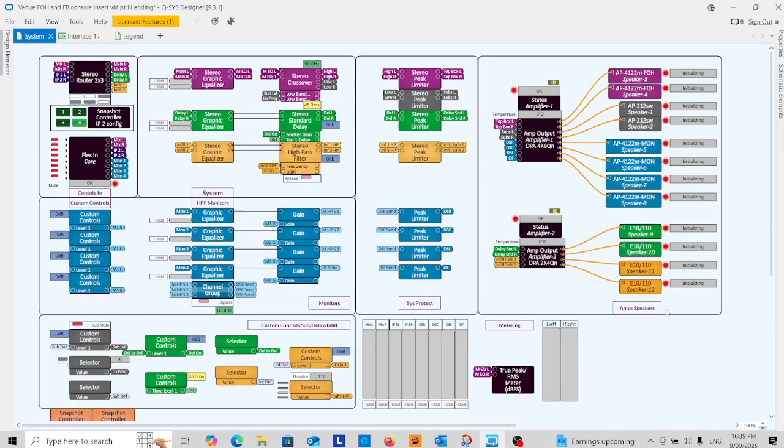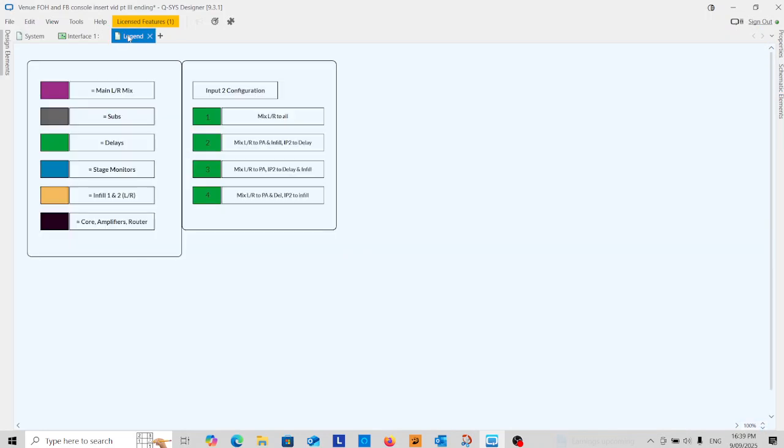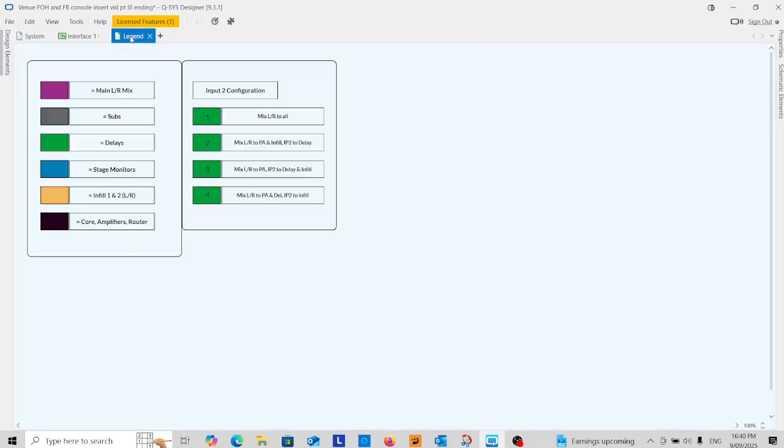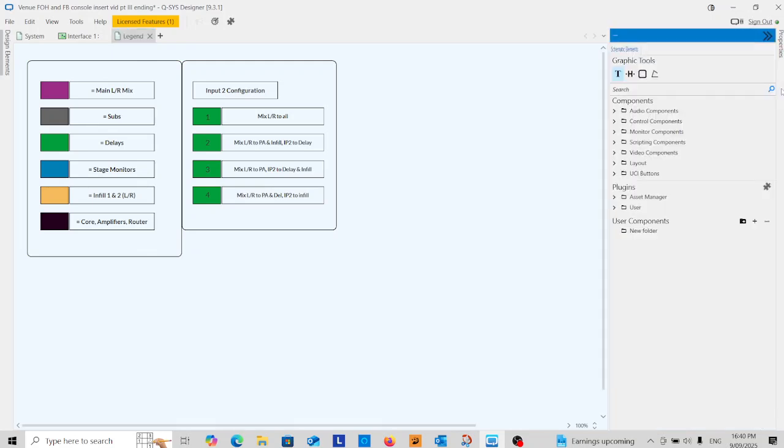Is that 100%? It all fits on? Okay. I've also made this legend, which is just containing the information. It's the color coding for the different systems, just to show what they are. And this input to config, just documented more than anything else, as a reference point. And I was able to use these labels that I'd set up to remind myself what the presets were on the actual interface itself, back in the page that we're using. But the good thing about having this legend page is it's going to allow us some extra space to work in,